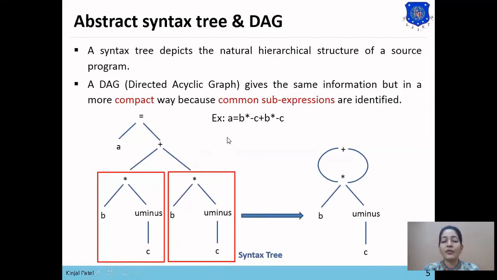Now we want to perform the assignment of this whole expression to A. So A equals to the whole expression, as A is the left child of the equals to operator. So here in the syntax tree or abstract syntax tree, A is on the left side and the whole expression is on the right side. So we can say the DAG or abstract syntax tree for this expression has been constructed.